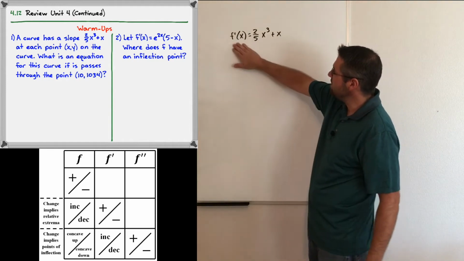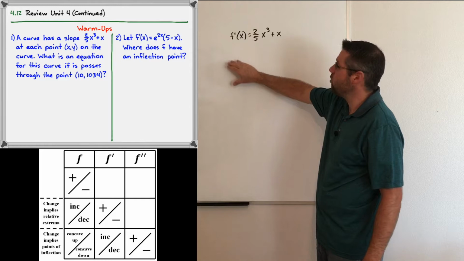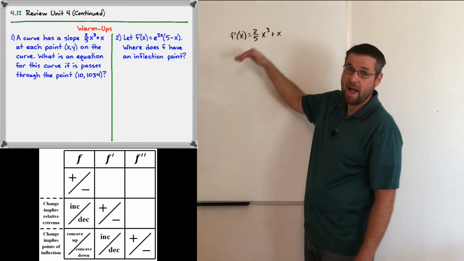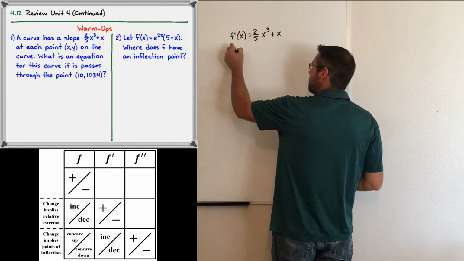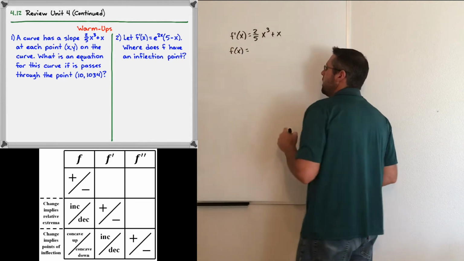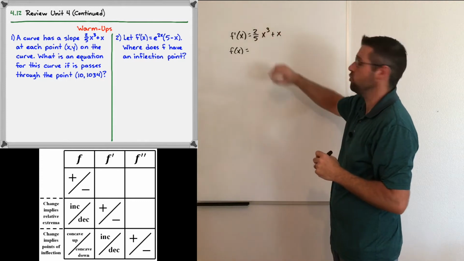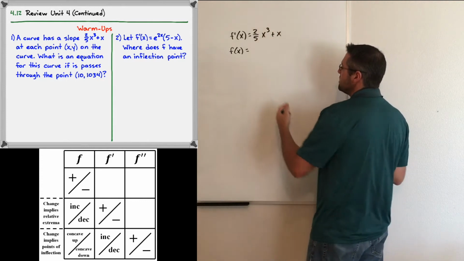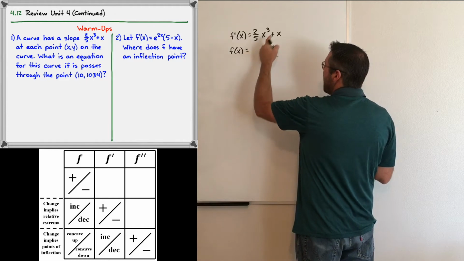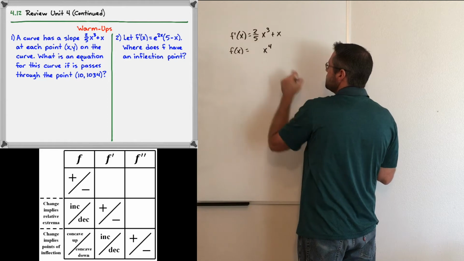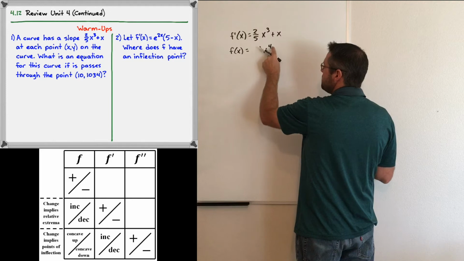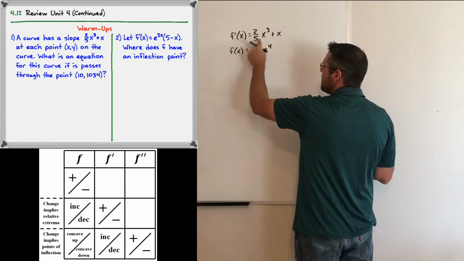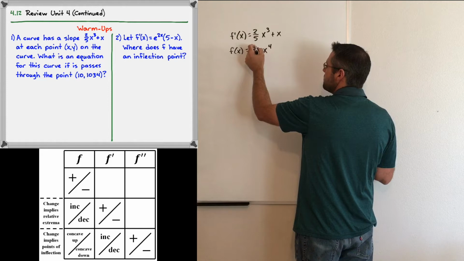Well, if I'm given f prime and I'm asking for f of x, that means I have to go backwards. I have to take the antiderivative. So this is a pretty easy antiderivative to take. We're just going to reverse the power rule here. If you remember, reversing the power rule means that you're going to add 1 to the exponent. So we're going to get 4 here, so it's x to the fourth. And we're going to take our coefficient and divide it by the new exponent. So we're going to take 2/5 and divide it by 4. And so that turns into